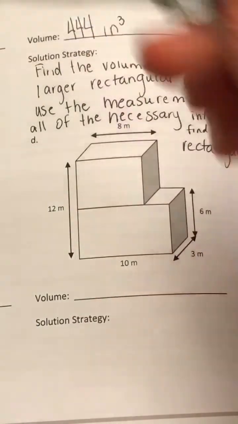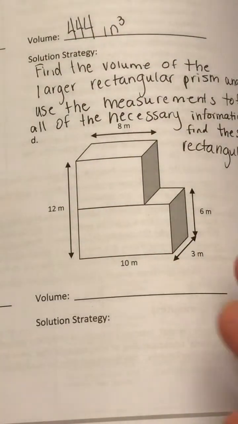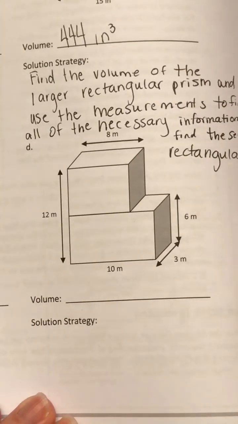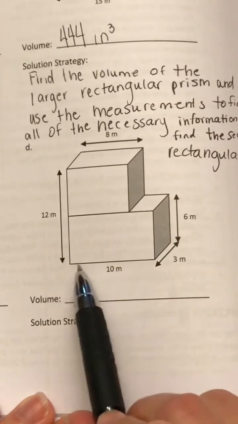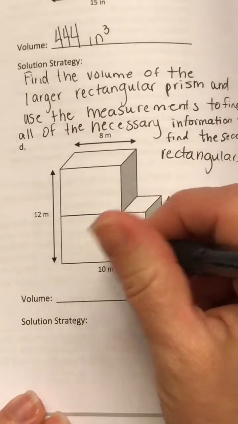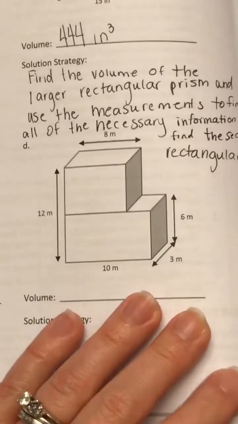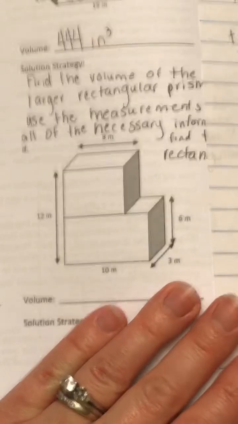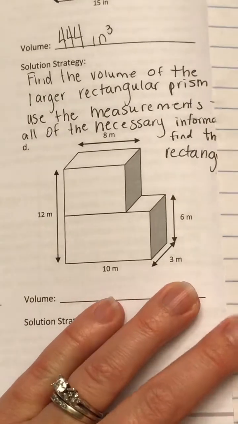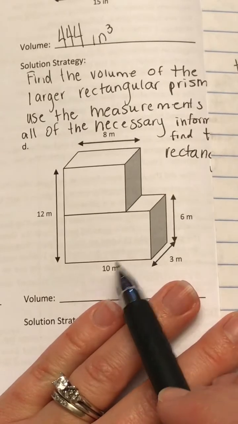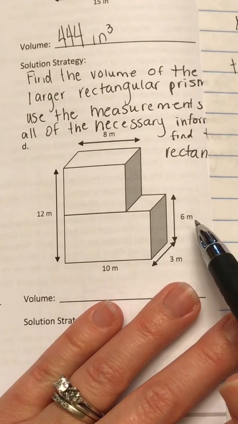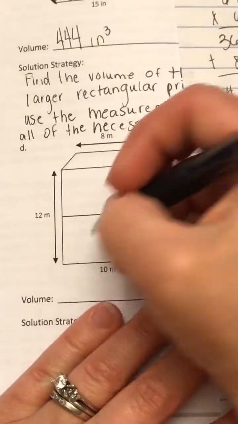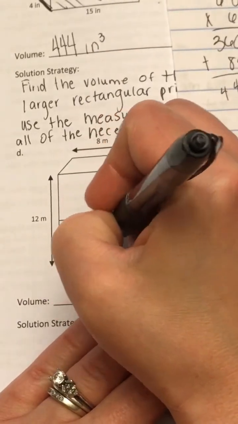So in your homework, you don't have to do A and you don't have to do C. You have to do B and then you have to do D. All right, so I'm looking, and I know this right away that this bottom box has all the measurements. This bottom rectangular prism has all the measurements that I need to find the volume. So I'm going to multiply 3 times 6, that's 18, times 10 is 180